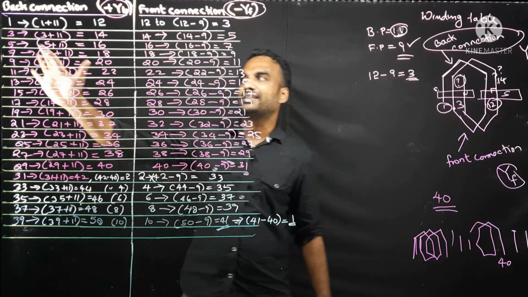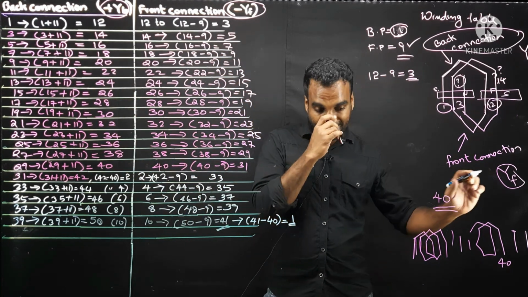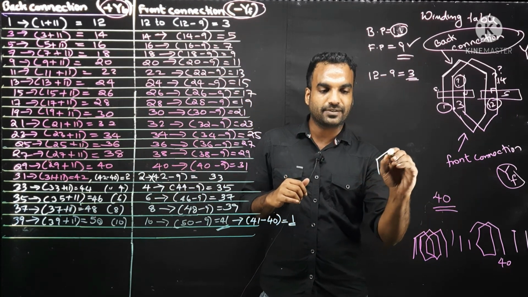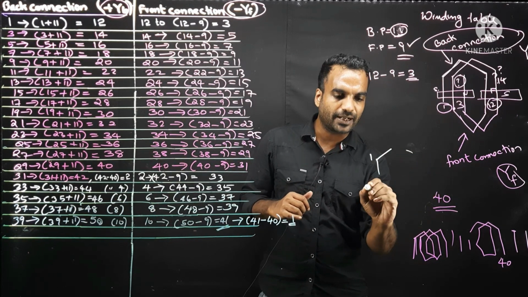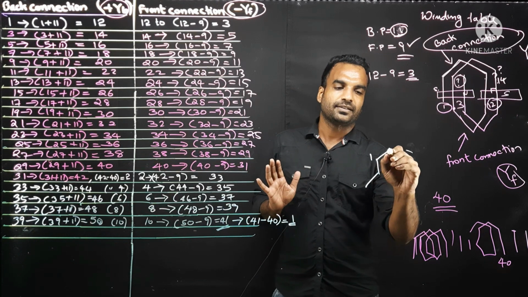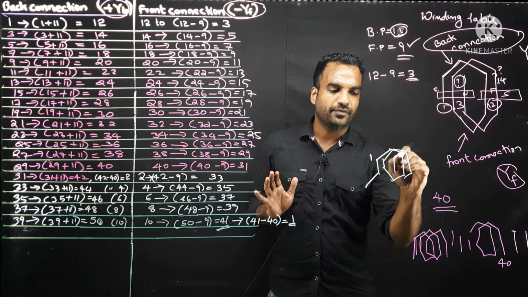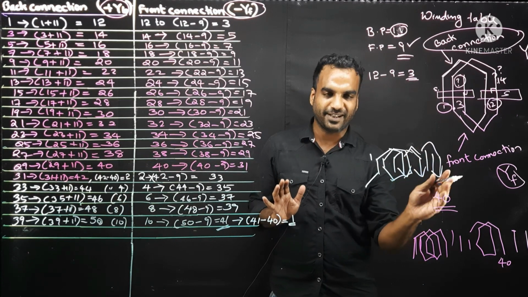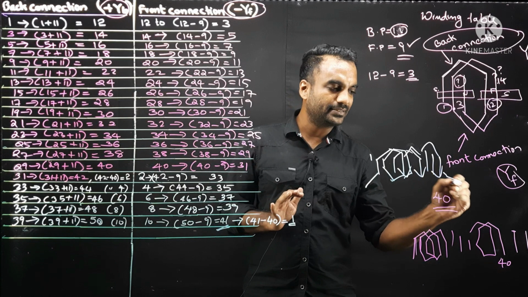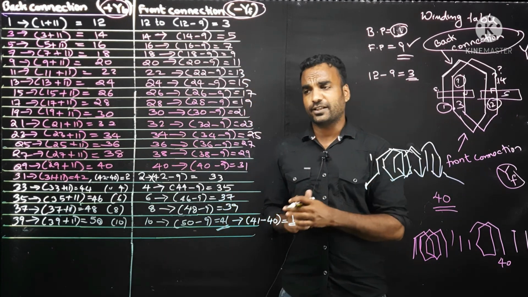Now you can see it started from 1 and ended at 1. We start the front connection from 1, do all the connections, and at last we come back to this one. Now the winding will be over. It will look like this. We will do the entire thing, all the connections will be there, and I will draw it neatly. At last it will come back to the original connection, so the winding will get closed.